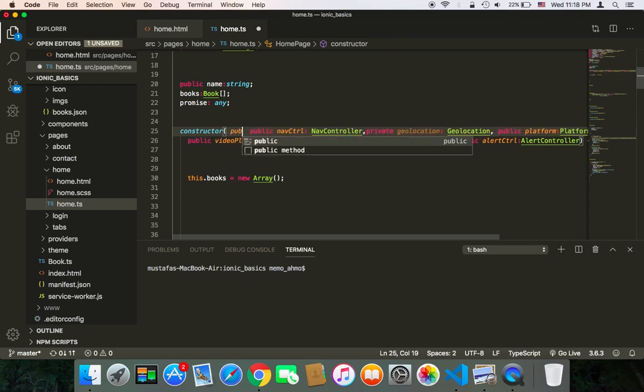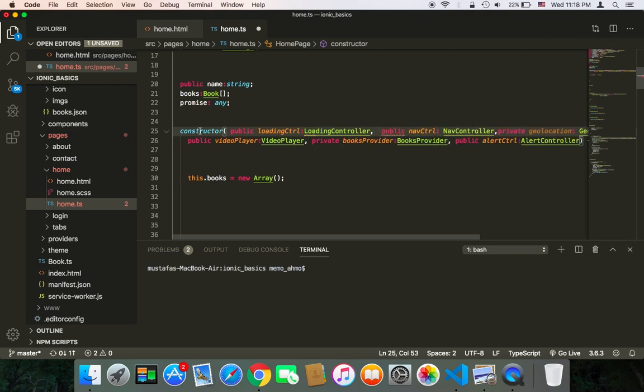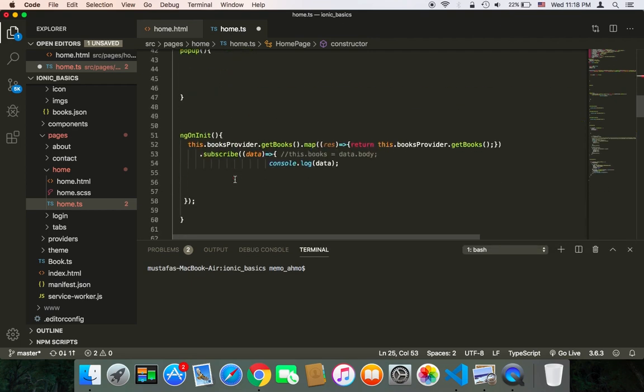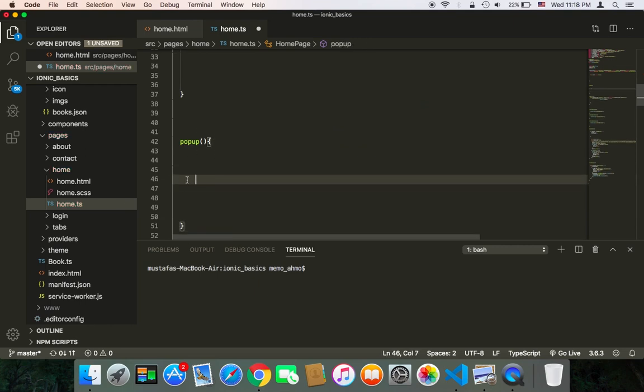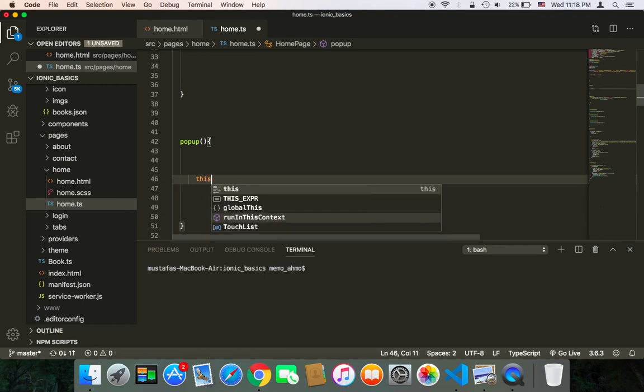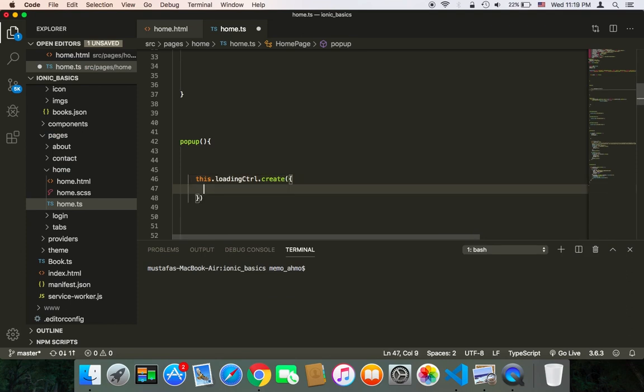Let's pass it here, public, and then loadingCtrl, and colon, and then LoadingController. So make sure you inject it into the constructor, and then in the popUp function we can use it. In order to use it, I'm going to use the this keyword, and then dot, loadingCtrl, and then dot create. This function will create the loading pop-up window, and it takes an object, and inside that object we have two